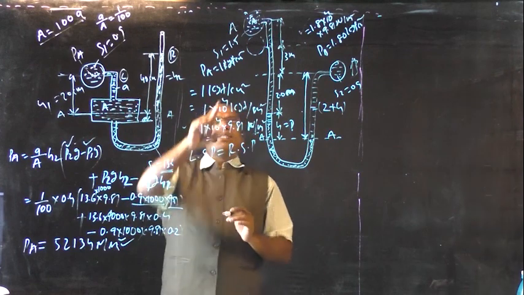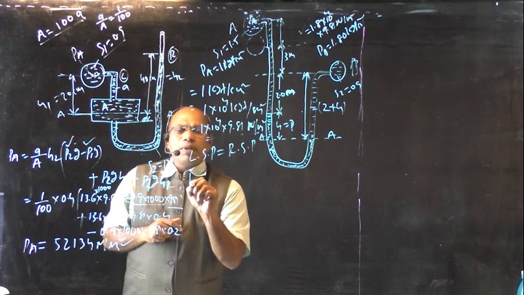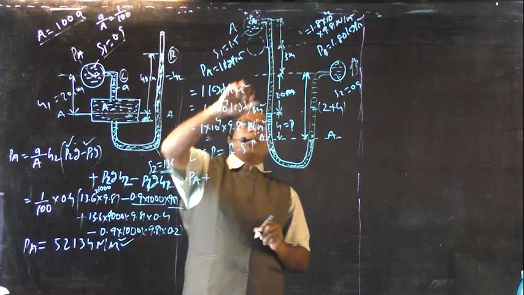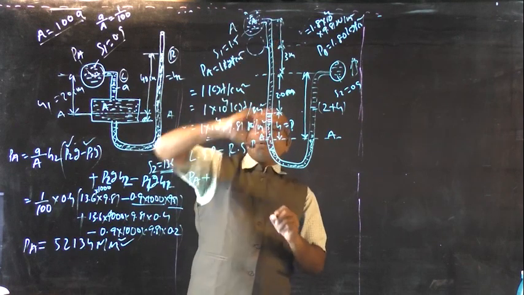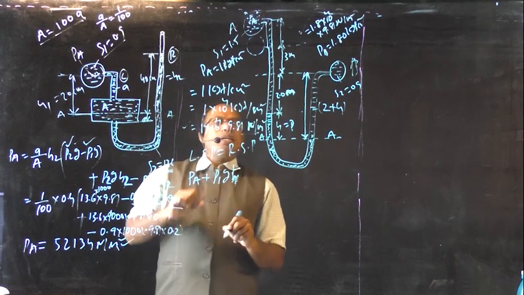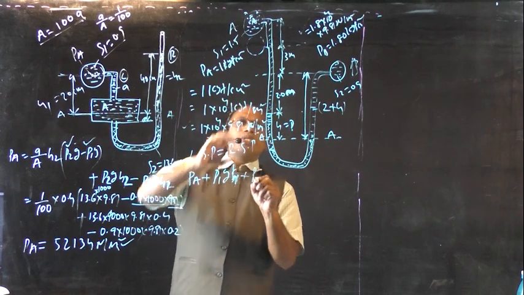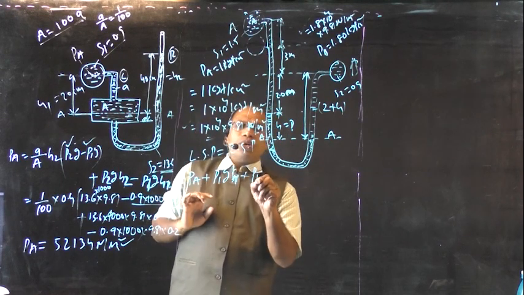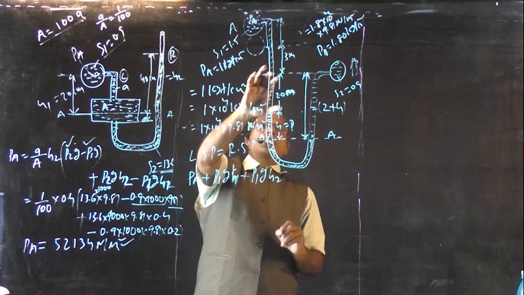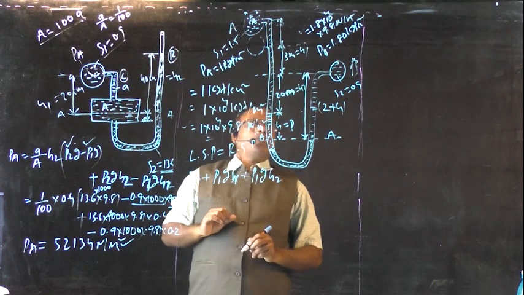Right, the left side pressures, that is PA. PA is nothing but the pressure at point A, plus this is the one pressure, equal to rho 1 g H1, plus this is one more pressure. This is also the same liquid, rho 1 g H2. Say this is equal to H1, this is equal to H2. Right?